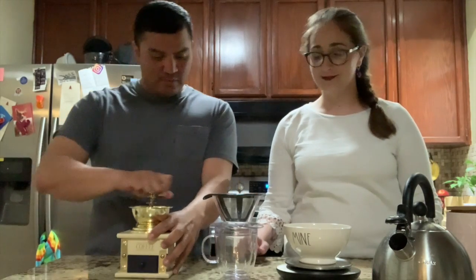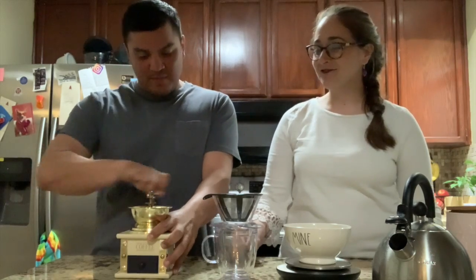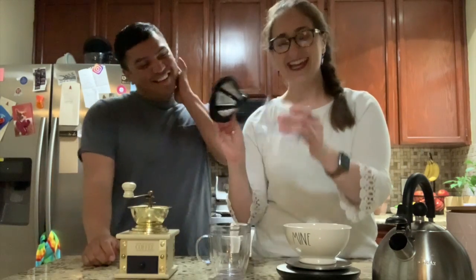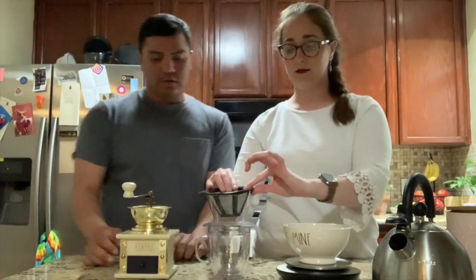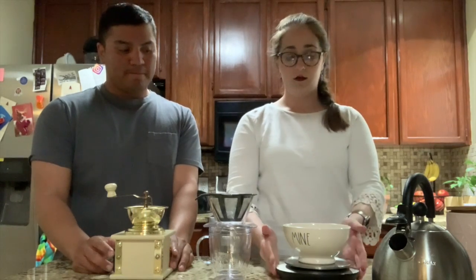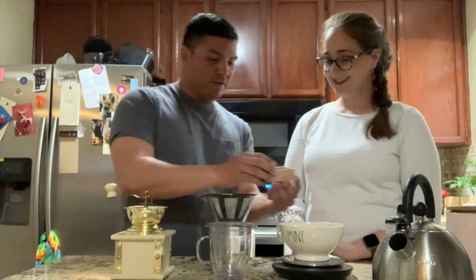For a pour-over, Joey is very excited to use our new manual coffee grinder. So for a pour-over, we are going to be using our cute little cup and our pour-over top and our place to put our coffee beans. So for this pour-over recipe, this cup holds 8 ounces of water. And for 8 ounces of water, Ben suggests that we use 14 grams of ground coffee. So we have our balance out, and Joey is going to give us some of his fancy